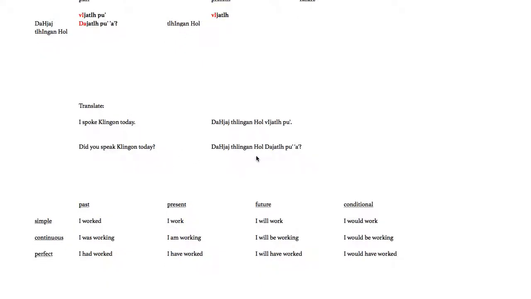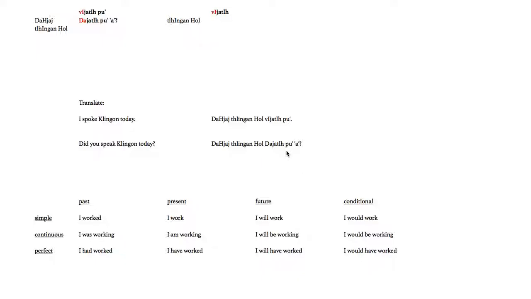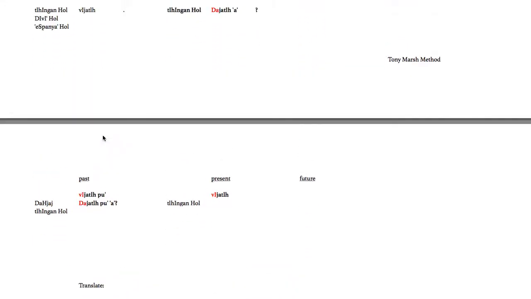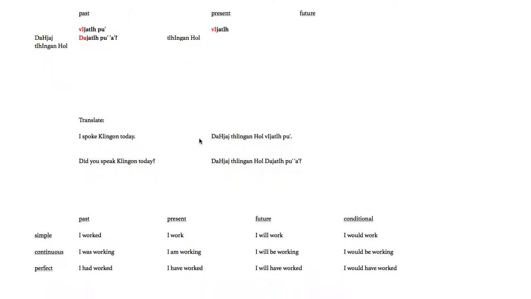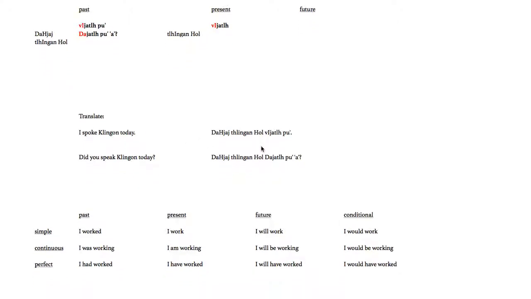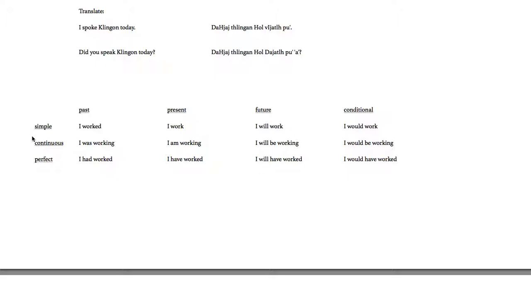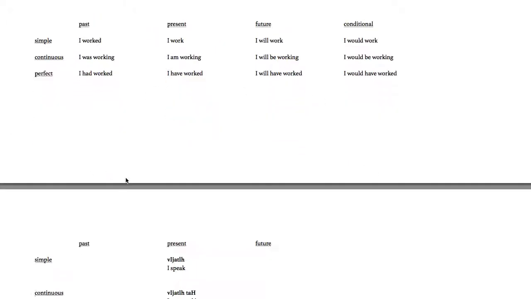And then you could say yes, Chija. Dach jaj Klingon hol vijatl pu. This was an English demonstration of how tense and aspect works, not Klingon, and we moved on a little bit